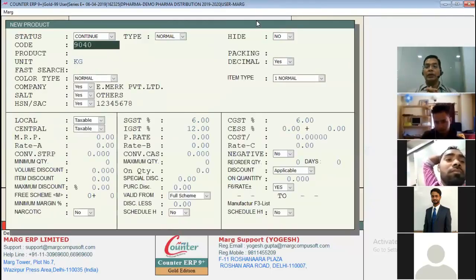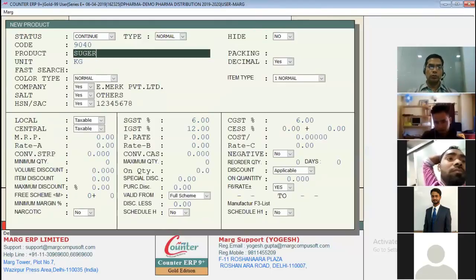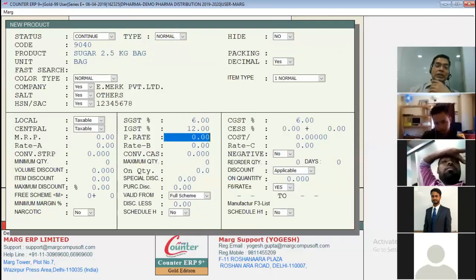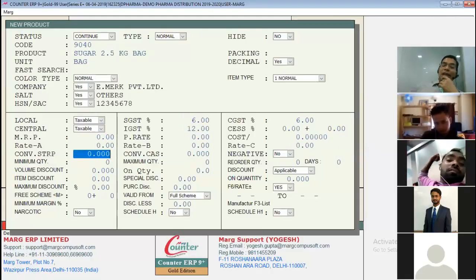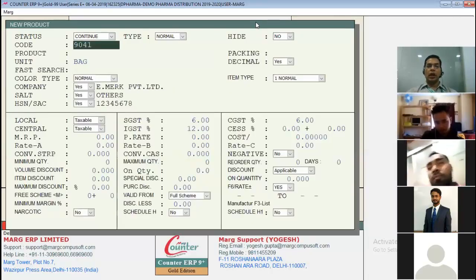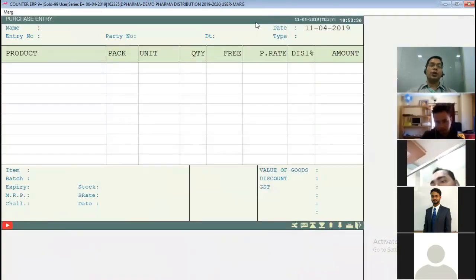Now I'll make bag sugar, 2.5 kg bag. I'll call it bag. Now it is asking for conversion as we discussed in the multi-unit. So how much sugar would it contain? As we have discussed 2.5, so I'll put here 2.5. Control W.